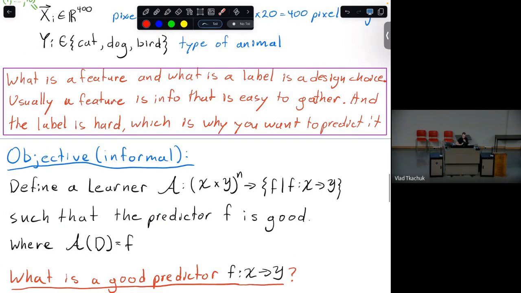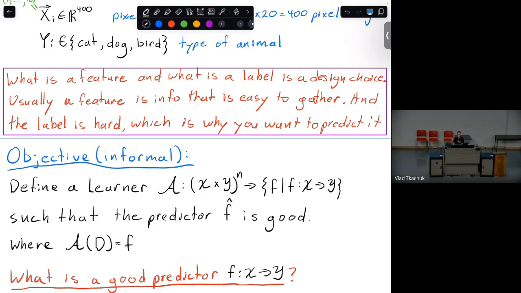And then we started writing the objective. Informally, we want to learn, which means we want to produce a learner. This learner should output a predictor that's good. What that means is that we want a learner such that the predictor it outputs, which I now rename to f hat,